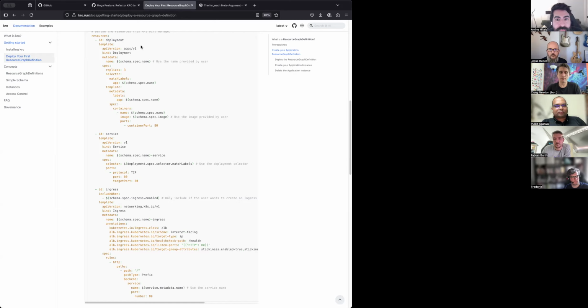But the desired behavior of Crow would be that if I add a field to, let's say, a deployment, I add some environment variables or anything, Crow wouldn't detect this as a change and also wouldn't correct it.